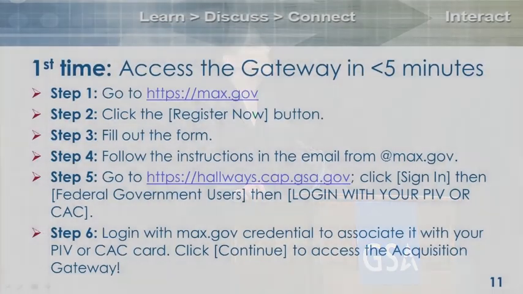The first thing when you access the gateway has to do with the procurement-sensitive data that we have in it. It's not classified, but it is procurement sensitive because it has the proprietary pricing information and some of the key information from the contractors. As we said, we will be emailing out this presentation to you as well, so you'll have copies of the instructions. There's also a video on the Gateway homepage if you don't want to wait for us to email you the presentation.